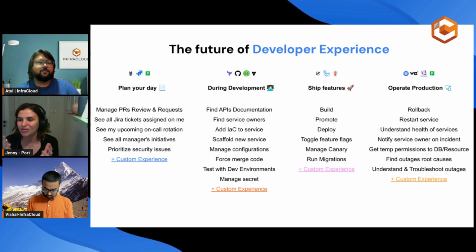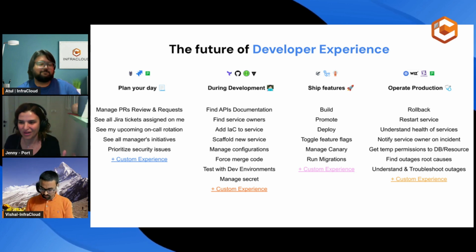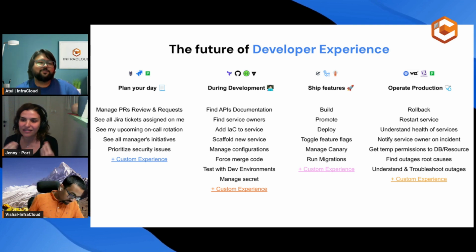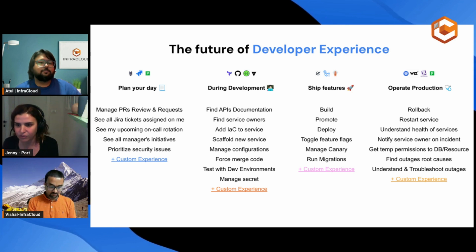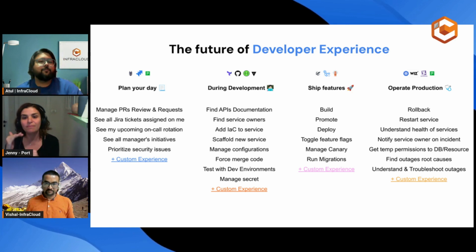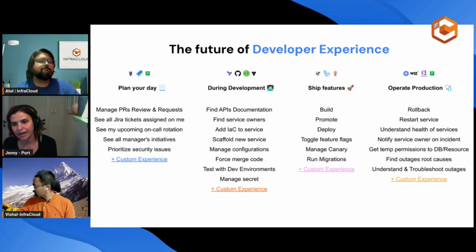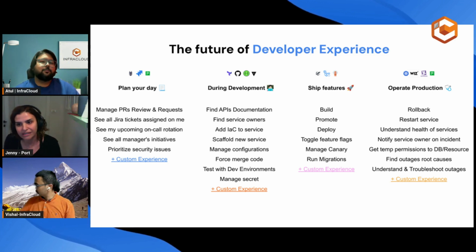Now, when you're going to build the portal, you're not going to have a full-blown portal from day one. Usually what we recommend is starting with a very common use case. Usually, customers will start with a service catalog and maybe consuming infrastructure as code, and build on top of it based on the needs that your organization has.